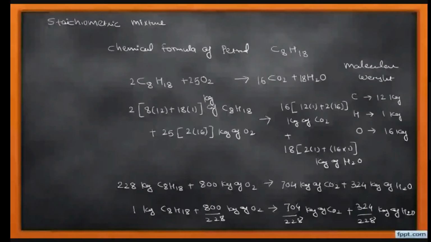So finally we get 1 kg of C8H18 plus this 800 by 228 will give you the value of 3.509 kg of O2,